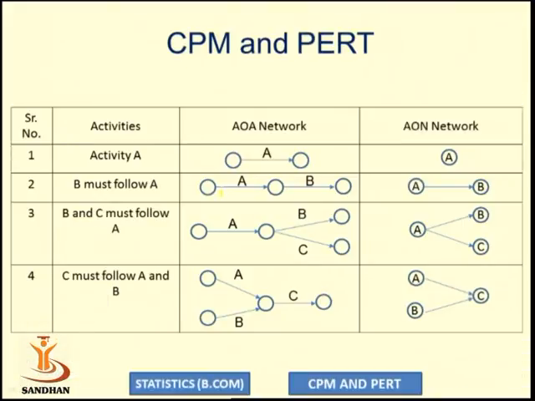So if activity B must follow A, here activity B follows A, while in the AON network diagram the activity is denoted on a node and B must follow A, while B and C must follow A. So here in the AON network diagram, B and C are the successor activities, while A is the predecessor activity and is denoted on an arrow, while in AON network